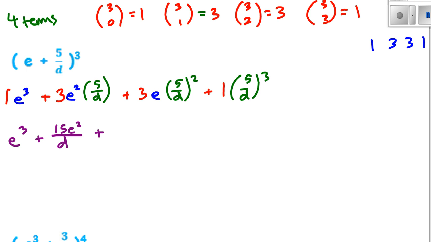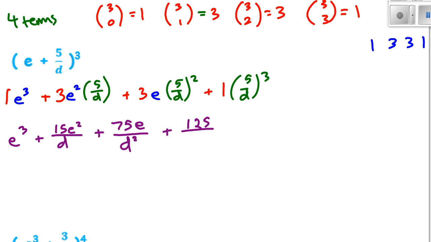So you're going to need to work out 5 squared first, and then times it by 3. 5e, yeah, d. Oh, d, yeah, good. Wait, so isn't it d squared? Yes, good. And I make those kind of mistakes, so beware. So 75, what was it again? e over d squared, because 5 squared over d squared. Then 5 cubed, which is 125, over